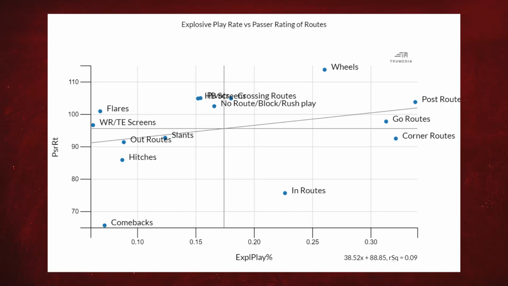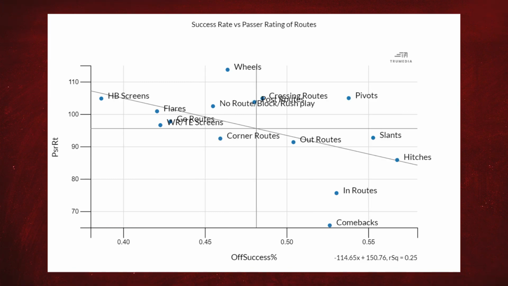What's kind of crazy about all this is it happens to play into everybody's favorite method of evaluating quarterbacks: quarterback rating. See, QB rating gives more credit for throwing a touchdown on any given attempt than it takes away for throwing an incompletion, and that plays out in the stats. There's a positive correlation between explosive routes and routes that result in higher passer rating, where there's actually a negative correlation between efficient routes and rating.